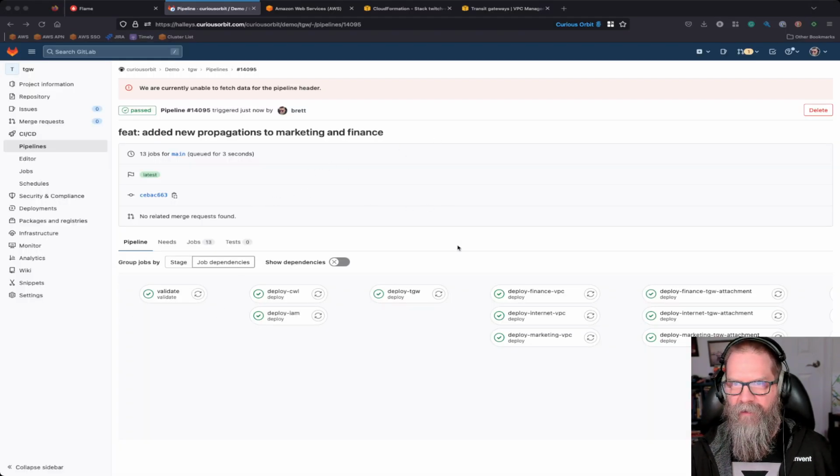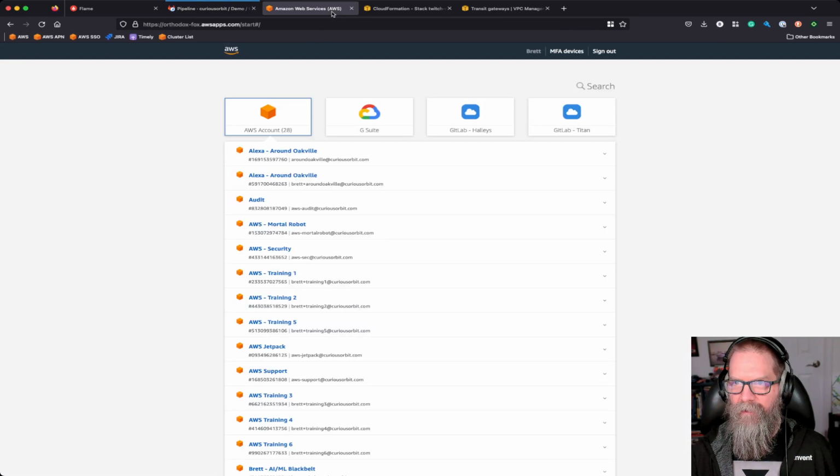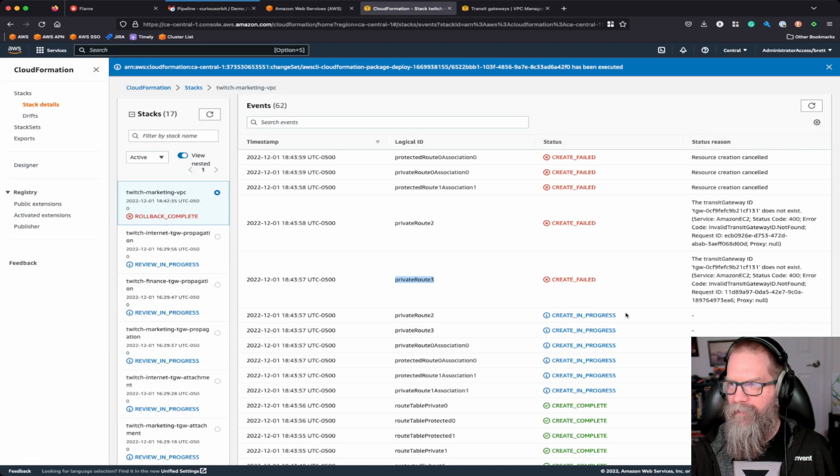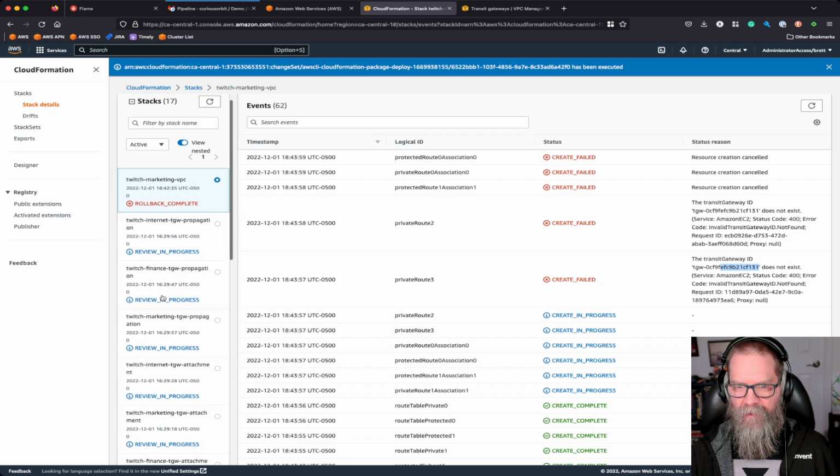Flip over here, right? Here's our pipeline. So I'm getting ready for the stream, redeploying the transit gateway and all the bits and pieces that we had built already. So I'm thinking I'm ahead of myself here. It's great, right? No big deal. And what has happened is if I go over into here, I'm getting a really weird error. It says the transit gateway, there's our ID, does not exist. Okay, I thought that's a little odd. So if we go here and we look at